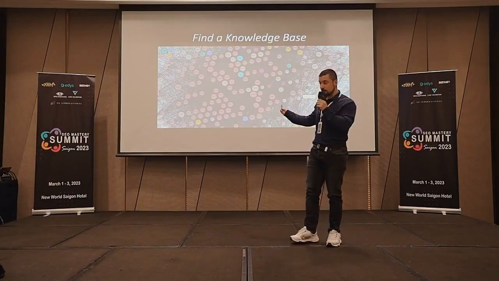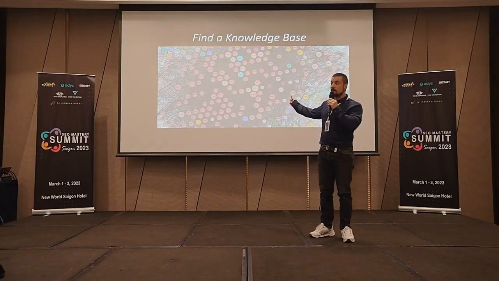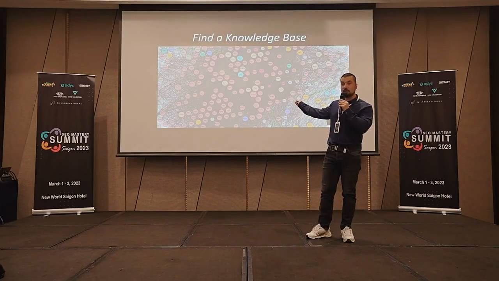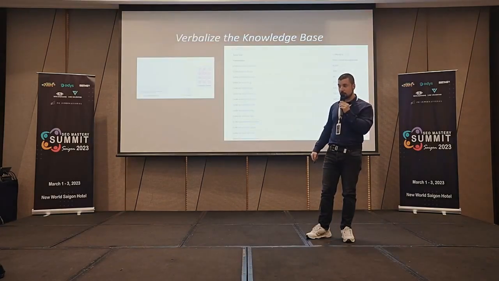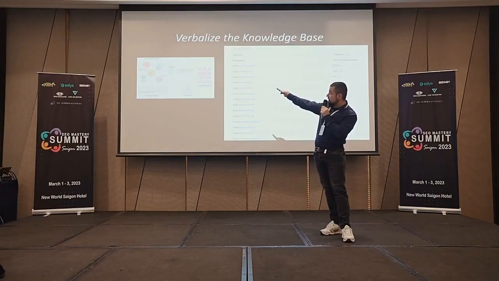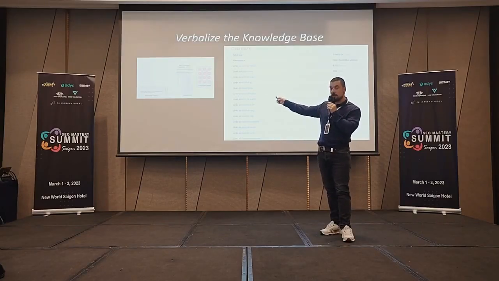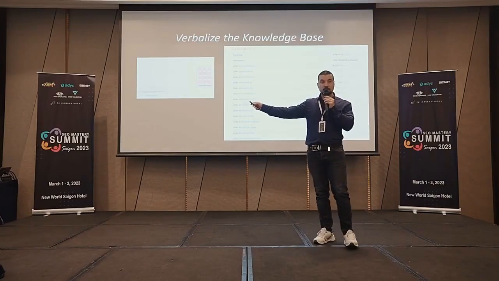So when you look here, anything that you see in this area is a kind of knowledge base. Some of these knowledge bases have like 8 billion facts. Some of them have like 55 billion facts. So if we find a knowledge base for our industry, the next step is verbalizing it. In this case, Google has a sample for that. If you look here, from a knowledge base, Google verbalized that specific triple. This is called data to text.